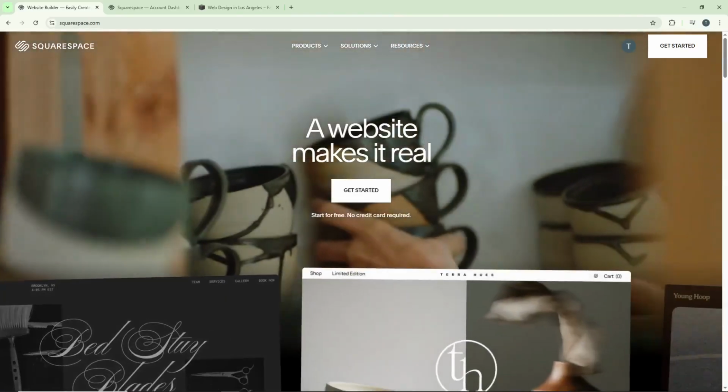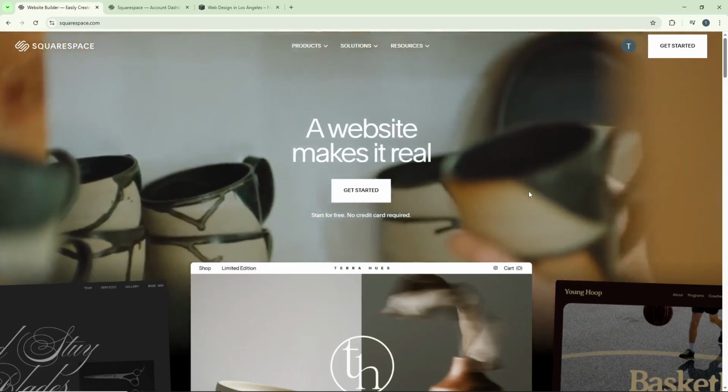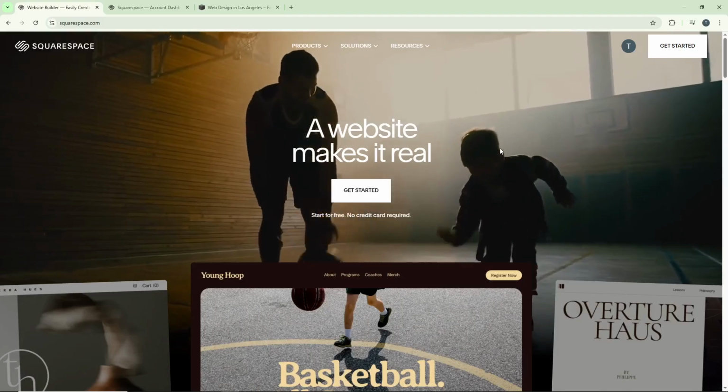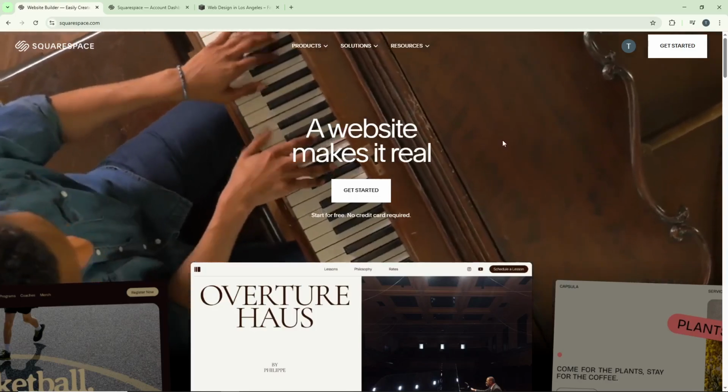Today I'm going to teach you how to pin blocks on Squarespace. This feature is incredibly useful when you want certain elements like navigation bars, call to action buttons, or contact forms to stay visible as visitors scroll through your page, ensuring they never miss important content or actions you want them